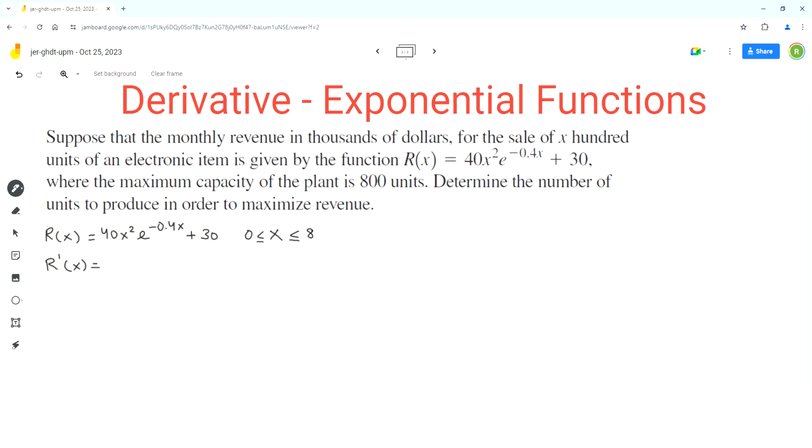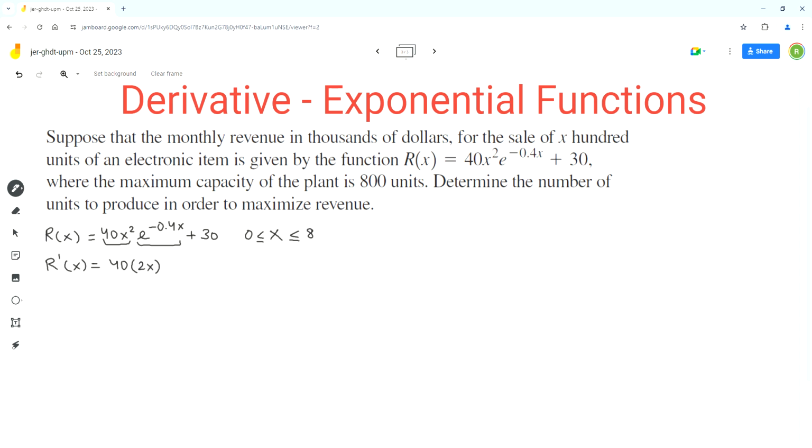Now the first term in this revenue function is made up of a polynomial term 40x^2 and the exponential function e^(-0.4x). Now this exponential function has a base e. And since these two functions are being multiplied, we'll have to use the product rule to find the derivative. As per the product rule, we should start with the derivative of the first function. In the first function, 40 is the coefficient, so it will stay as it is, and as per the power rule, the derivative of x^2 is 2x